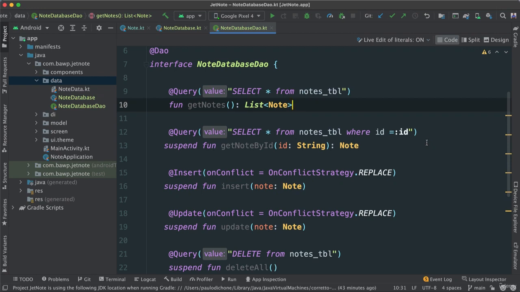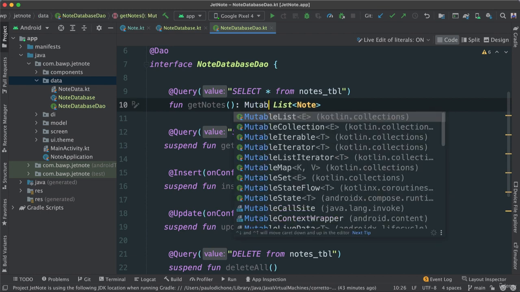Another important concept here is when we get notes, as it is just a list of notes, that's fine, but we're going to have a lot of issues because remember, we are in Compose. So we need a way in which we can have some sort of state, right? Remember, mutable state. So we could go and say something like this, wrap all of this into a mutable state,